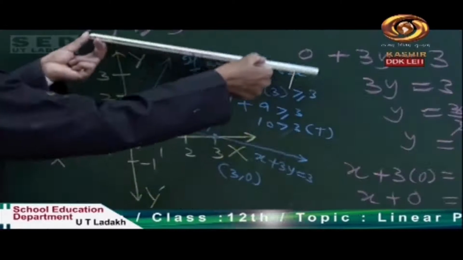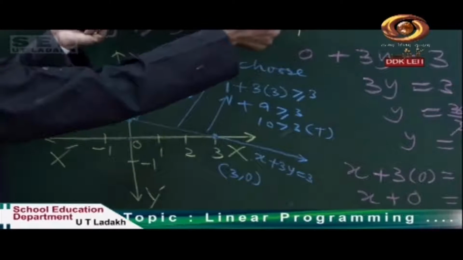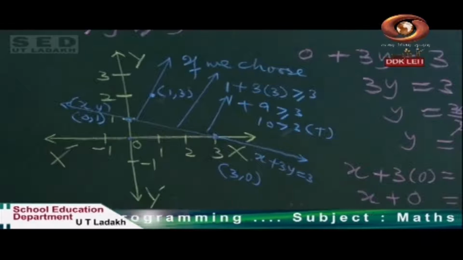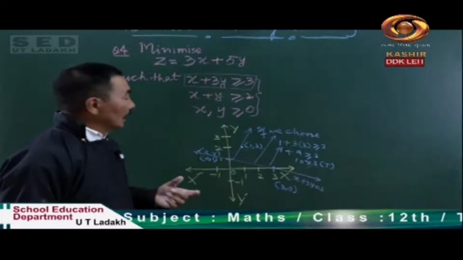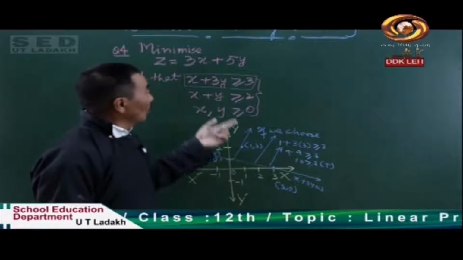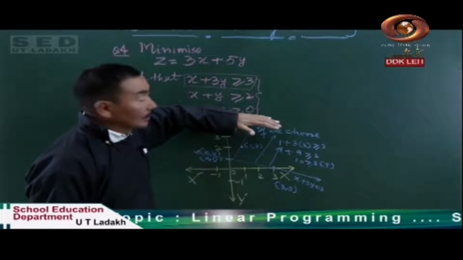This line will divide the plane into 2 parts. The upper half plane is the solution region, the downward half plane is the non-solution region. So this is the solution region. Similarly, students, I have drawn the equation line of this inequation on the graph and drawn the solution region.